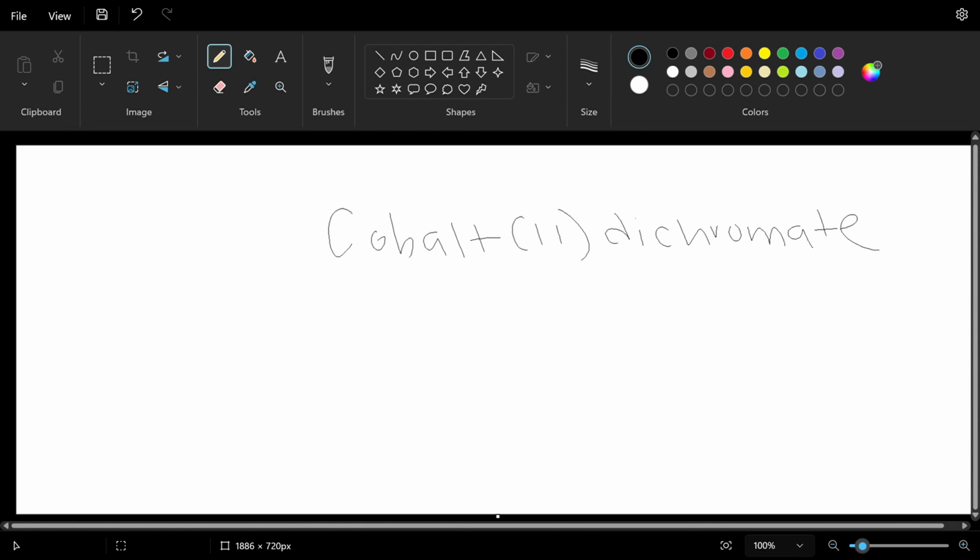So, as you know, you're going to write out the symbols for them. Cobalt is Co, and it gives you the charge for it. You're just going to be using 2 for that. And dichromate, which is on the back of your periodic table, if you find it, it'll give you the formula of Cr2O7, and its charge is